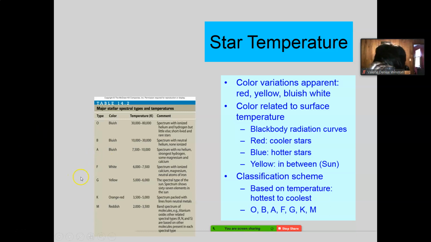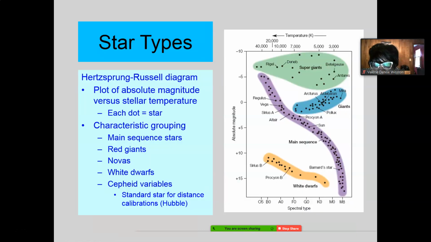All you need to know on this one is we're G, we're in the middle, yellow, 5,800. You don't need to know it precisely, but in the 5,000, 6,000, that's our surface temperature, the average old sun that we're in. Okay? Now, finally, we get to tie these things together, and finally, we're almost out of time. So let me start this slide. We'll pick up with this one next time.